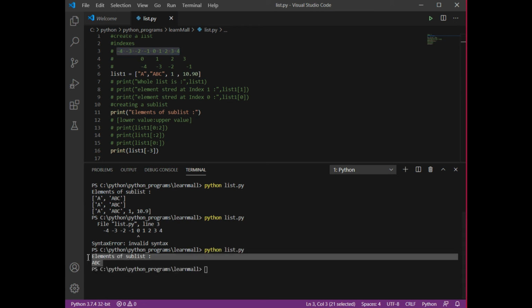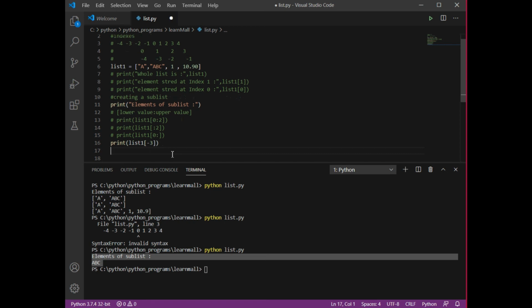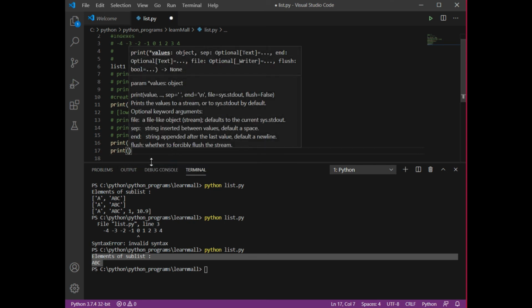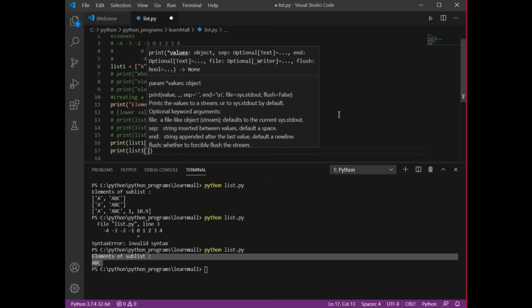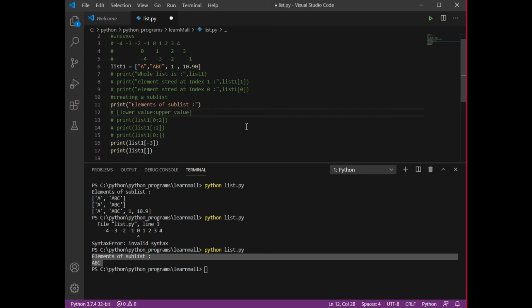So that is my choice, whether I want to move in positive index or in negative index. Similarly, if you want to display a sub list with the help of negative index, how can you do that? You need to write the name of the list, and inside that I am going to specify the range. Suppose I want to have the elements A and B only. How am I going to do that? I'll write -4 colon -3.